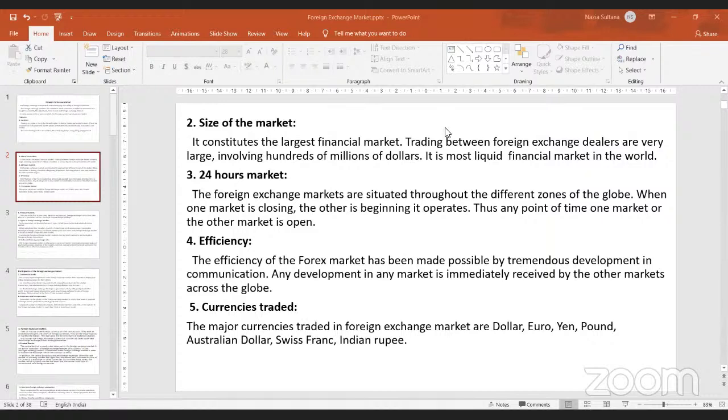It operates 24/7 because countries have different time zones. So you cannot say that the market operates only from 9 to 5 or 10 to 6, but this has to go around the clock because of the different time zones of the different countries in the world. So this market operates 24/7. At any point of time, any individual or any country can buy or sell their currency in this particular market. So it is open 24/7.